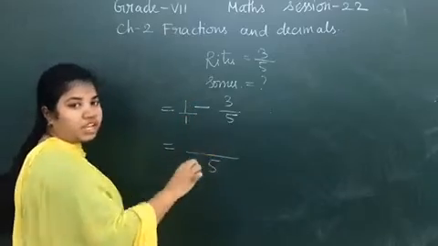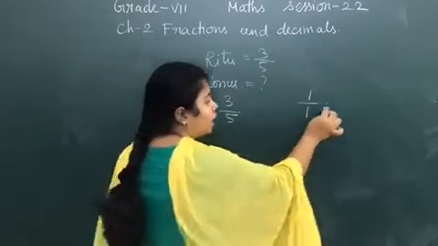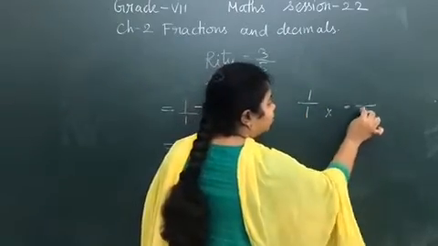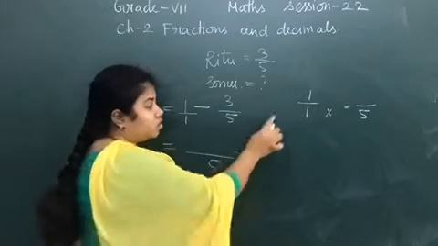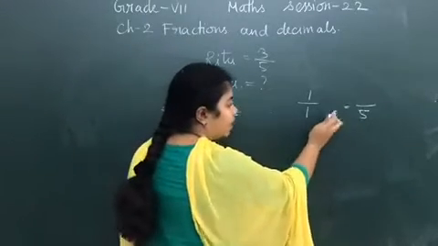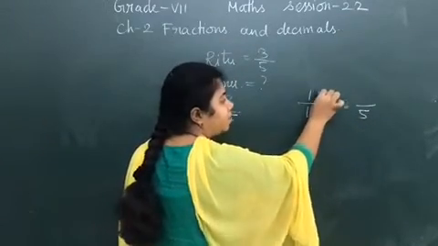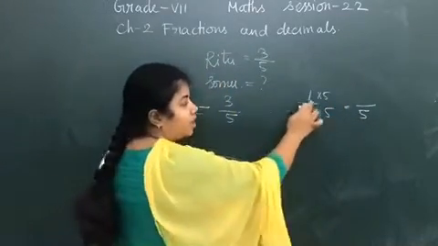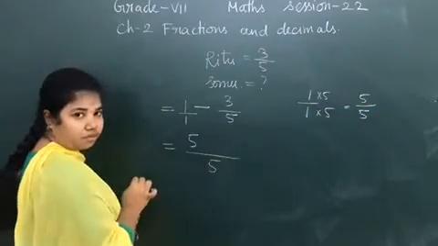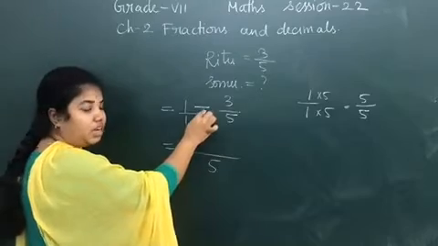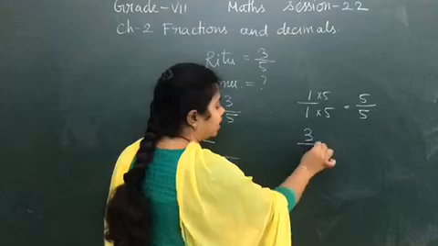Take each fraction and solve it. Now my first fraction is 1 by 1. 1 into dash is equal to 5, because my LCM is 5. So 1 into 5 is equal to 5. So the same number should be multiplied to the numerator. So 1 into 5 is 5 again. So my first numerator is 5. What is the basic operation here? It is subtraction. Okay.